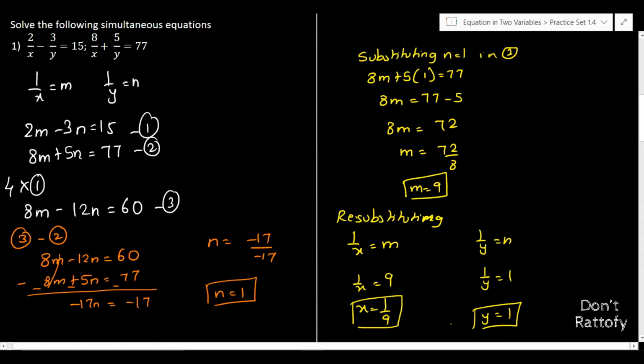Okay, so this is how we are going to solve this elimination complex method by using simultaneous equations. Okay, this is very easy, not as difficult as it was. There are some sums which will be a bit more complex than this. We'll be solving them ahead.